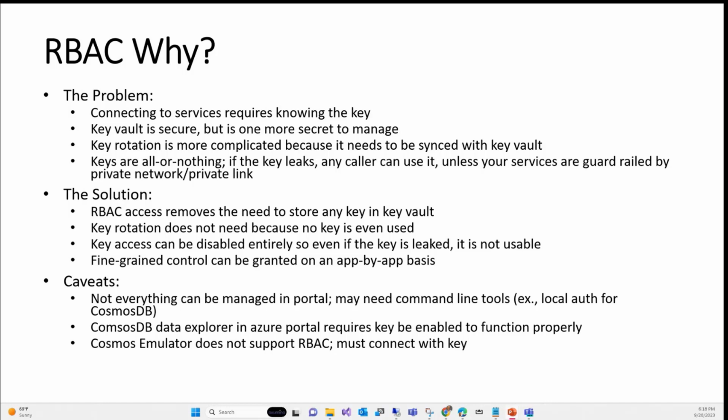You modify the indexes, or you define some containers, or anything you want, right? Those kinds of object level manipulation cannot happen when you use RBAC. RBAC only supports the data plane operations, meaning that you can do a data read or write, and then metadata read or write, right? The write also includes the delete, but not the control plane operations, which is manipulating those objects, the object level management, which cannot be done if you use RBAC. For that, you have to use key-based access.